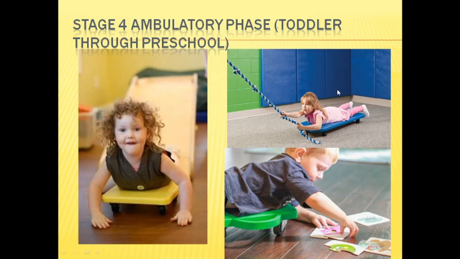And in the last photograph, the child is prone on the board and doing a cognitive task. You can change the task according to the child's level of cognition, right? Therefore, by doing all these activities, we can strengthen the muscles of the lower limb, upper limb and trunk. Apart from this, we can also give sensory integration and improve hand-eye coordination as well.